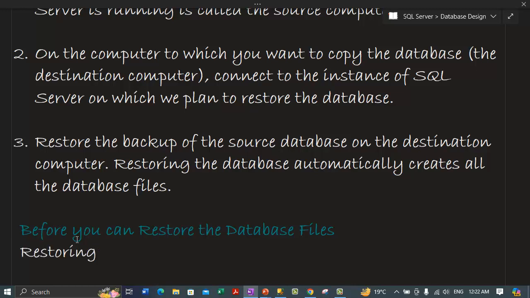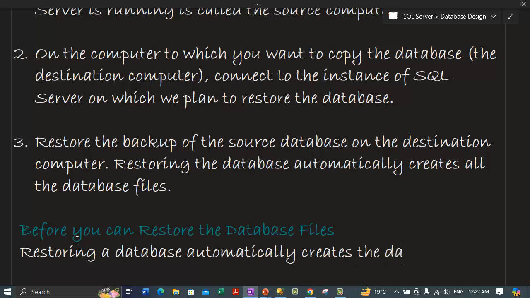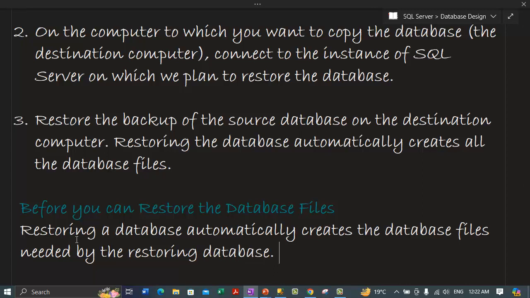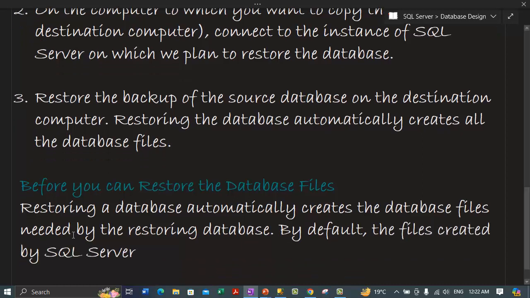So we were talking earlier as well that restoring a database automatically creates the database files needed by the restored database. And by default, the files created by SQL Server during the restoration process